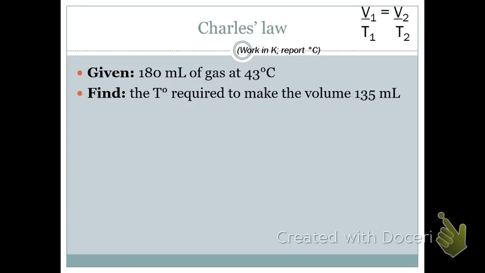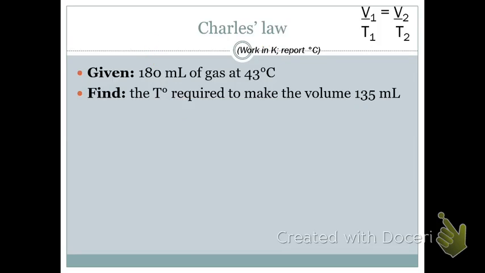180 milliliters of gas at 43 degrees Celsius. Find the temperature required to make the volume 135 milliliters. Pause the video. See if you can answer that question, and then press play and check your answer. So let's see. My V1 is 180. My T1 is 43 degrees Celsius. T2 this time is what I'm looking for. My V2 is 135 milliliters. So if I set this up properly,